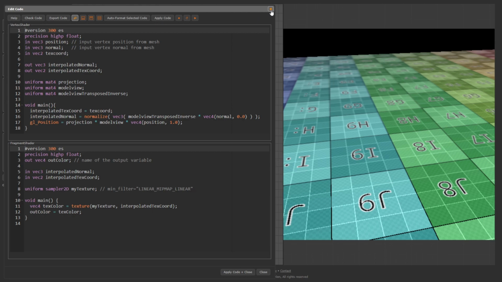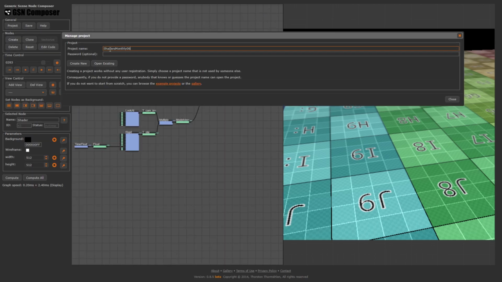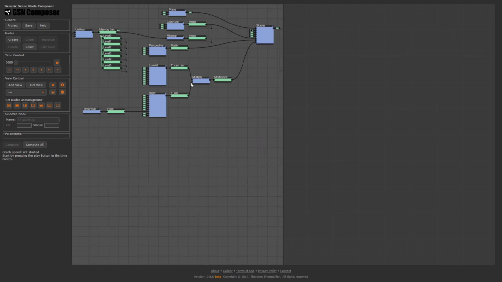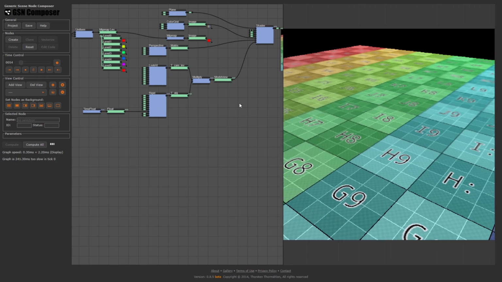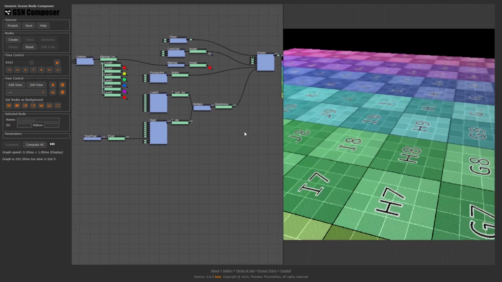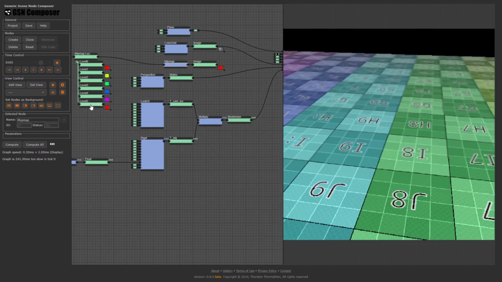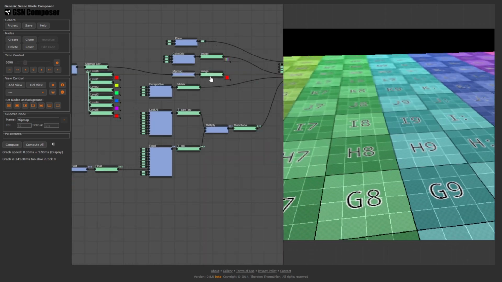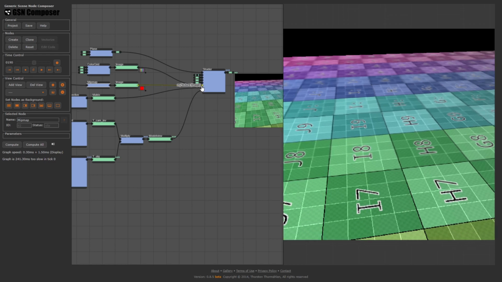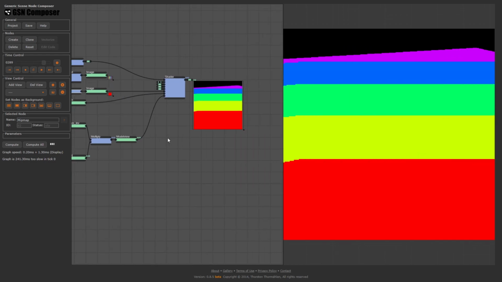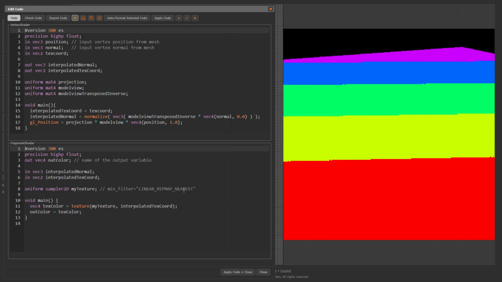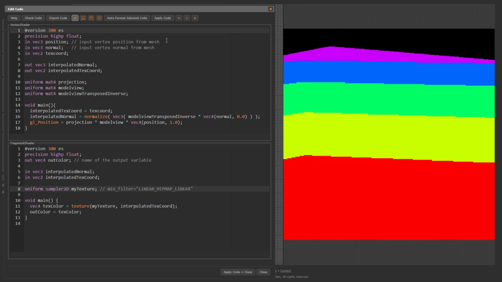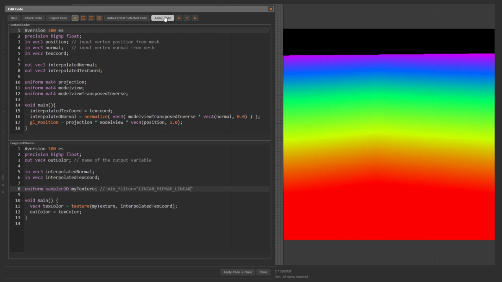To visualize the difference, I have prepared an example which you can find in the project Shaders Monthly 06. The graph's name is Mipmaps. This is the same setup that we have just created, but additionally I have added a special mipmap with custom level images. In this special mipmap, each mipmap level has a different color. If we connect the mipmap texture to the shader, we see a color coding of the selected mipmap level. This is the output for linear_mipmap_nearest. If we change the filter to linear_mipmap_linear, we see the result of the linear mipmap level interpolation.